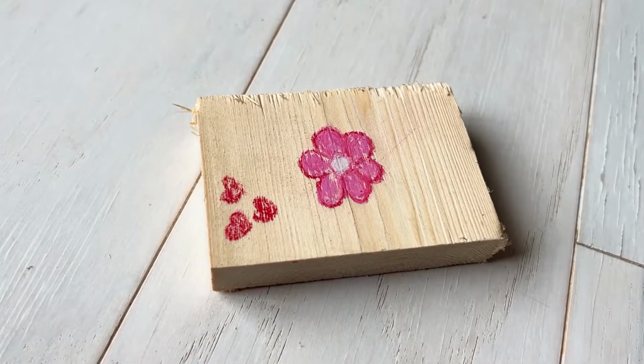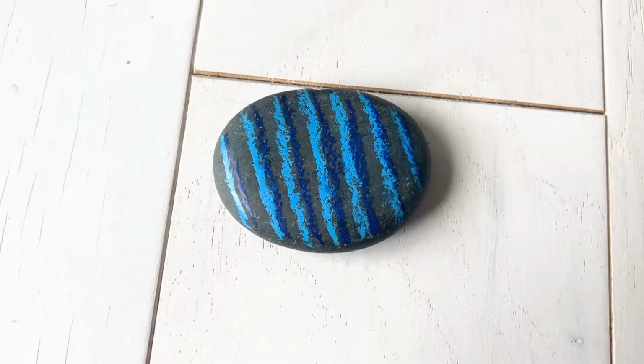You can color on paper, but then you can also color on wood, color on plastic, you can color on rocks, and they are